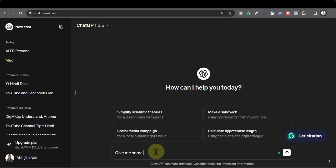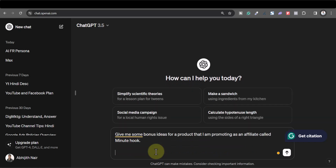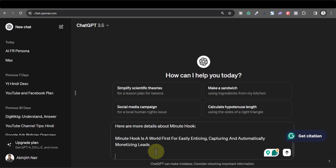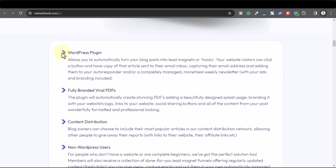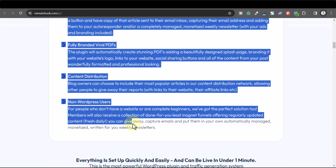Give me some bonus ideas for a product that I am promoting as an affiliate called Minute Hook. Okay, here are more details about Minute Hook. Okay, so I can paste that one, and then I can get a couple more details from there. Alright, so what is this? This is a WordPress plugin. So I will just copy and paste the entire thing,